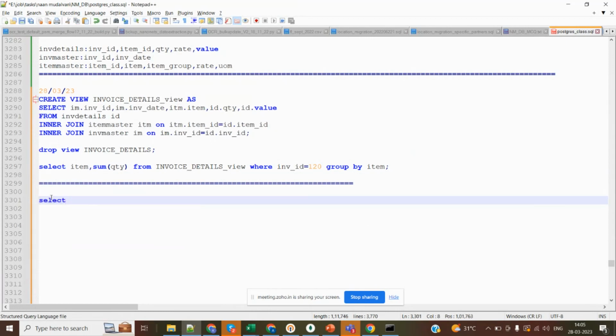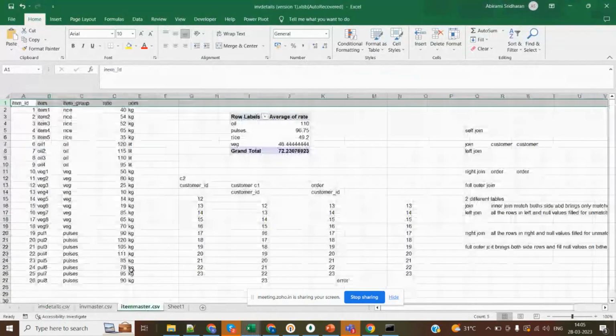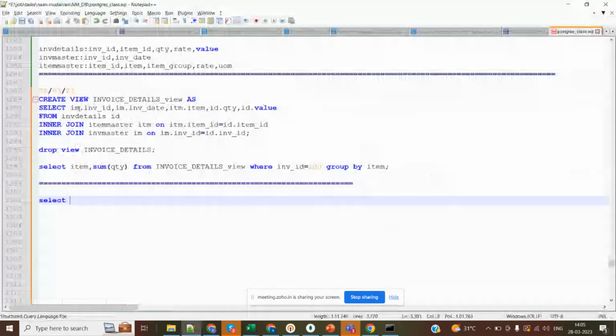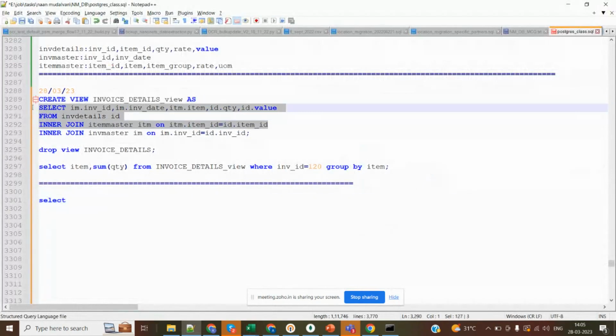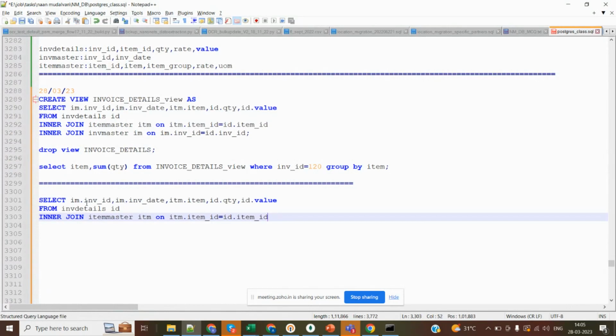Select. What I'm going to do is the same thing. I will take it as a different query. I'm going to join it with the item master alone, that is enough. So I will take this item master. I don't want this, and I don't want this also. I will take this